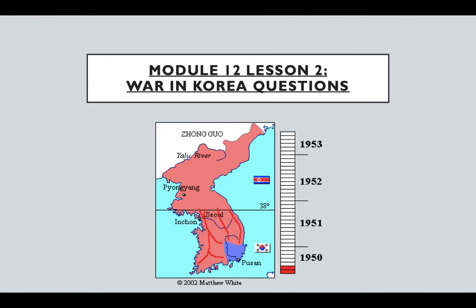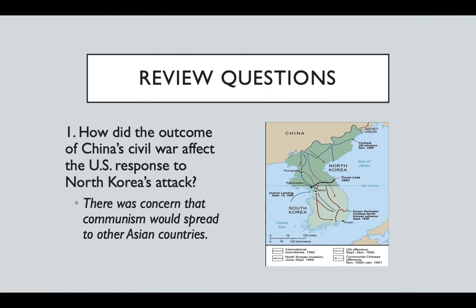But before we do that, if you look at this GIF, it's a great summation of what happens. The blue representing the UN and South Korean forces, the red representing the North Koreans, and the Chinese who were trained by the Soviets. You'll notice that a lot of it is inactive because of the peace negotiations. If this were to continue to today, nothing would change. So all the fighting was initial. So with that as our backdrop, let's review the first question.